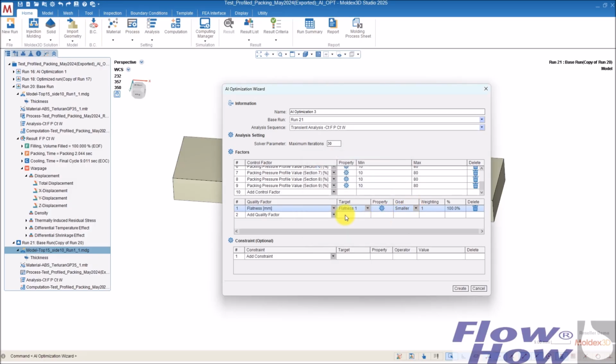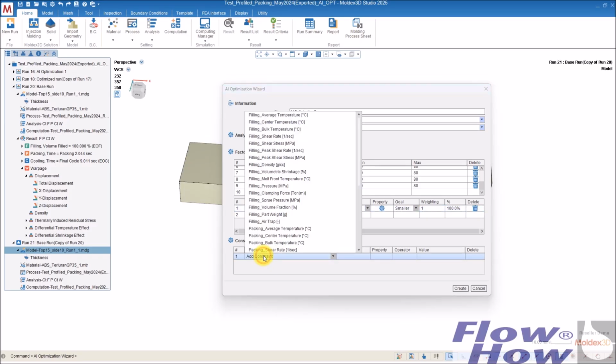So this is the quality factor, and then we have a possibility to put in some constraints. The constraint is a check mark that it checks, and if it's within this constraint, it will consider it a valid solution. If it's not, it will try again. So in this case, it's a good thing if I'm changing the packing pressure.